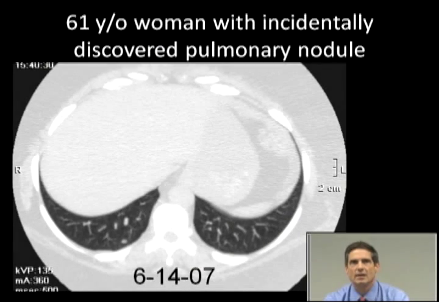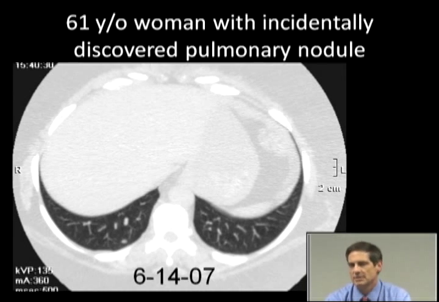However, small nodules are under the resolution of the PET scan, so for those smaller nodules, you really need to do the CT scan sequentially. Your nodule usually has to be 8 or 10 millimeters before you can get a real good look at it on a PET scan. So here's a 61-year-old woman who had an incidentally discovered pulmonary nodule,